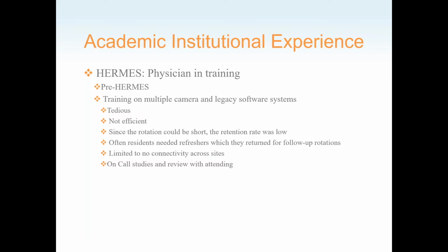On-call sites were difficult for the radiology residents, which were located on a different floor. So when there was a static imaging done, such as a VQ scan, the tech would have to print out hard copies of the images, take it to a different floor where the radiology resident was reviewing studies across all the sites, and they would have to put them up on the old imaging board and review them, formulate an impression,